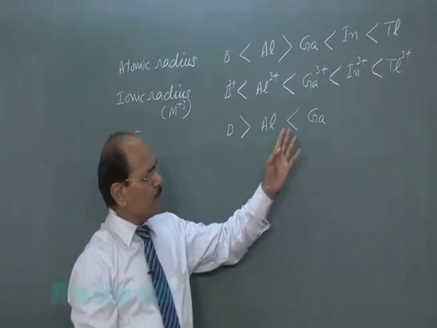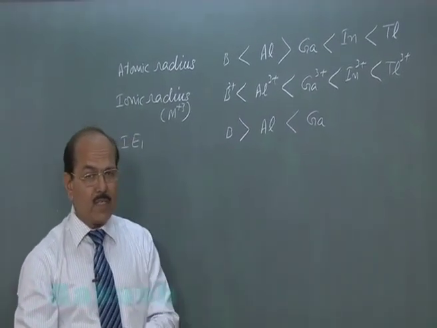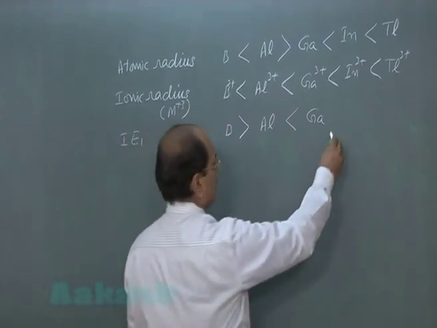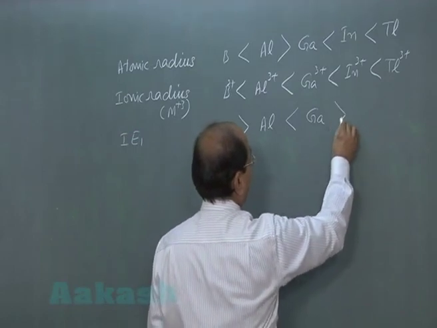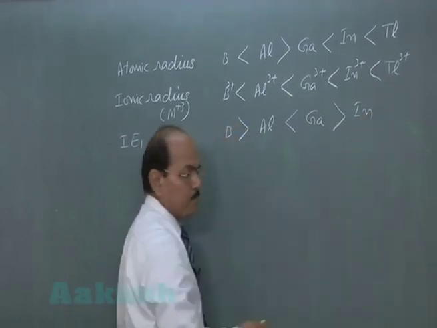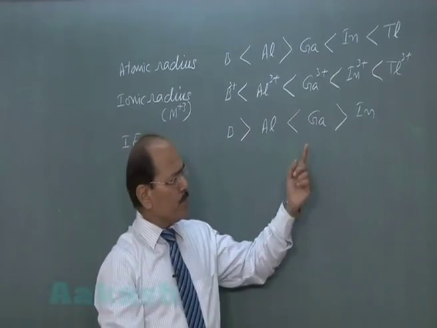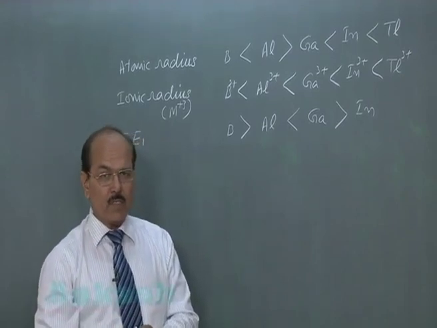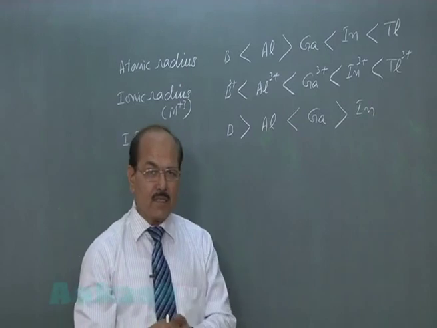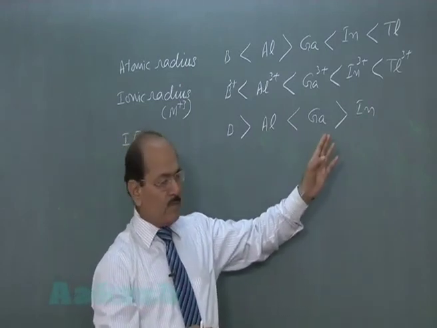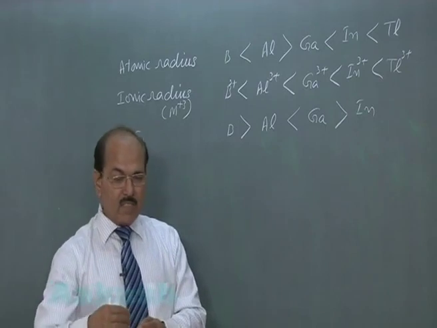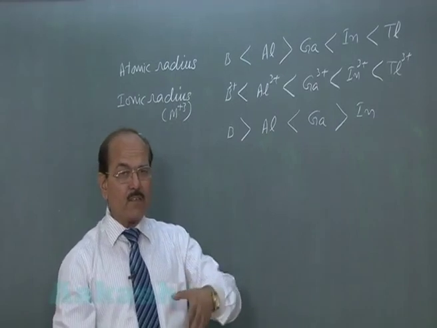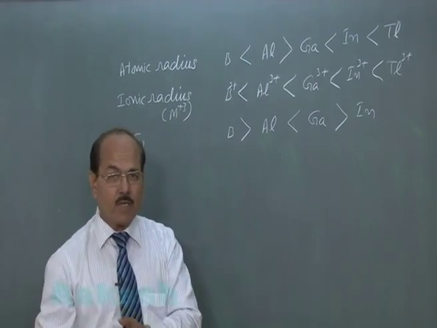When we move from gallium to indium, because there is an increase in atomic radius, there is a corresponding decrease in the ionization energy. When we move from indium to thallium, the charge on the nucleus has increased by 32 units, but the size has marginally increased. So when we move from indium to thallium, there is an increase in the ionization energy. So this trend is very much different from the trend we have observed in s block elements.